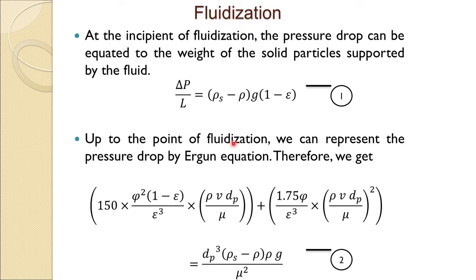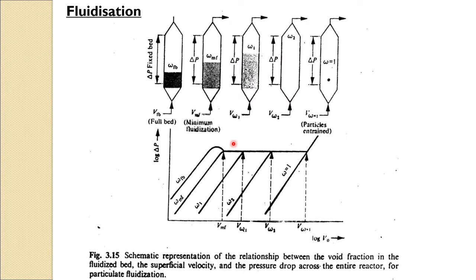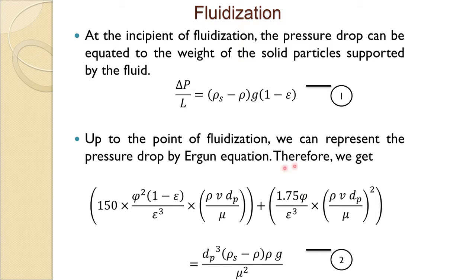So, up to the point of fluidization, when we say just before the incipient fluidization, particles are not in a fluidized state yet, you can express the pressure drop using the Ergun equation. So, till that time the Ergun equation is valid. So, using that up to the point of fluidization, we can represent pressure drop by the Ergun equation. So, now the Ergun equation we are writing in terms of Reynolds number here, and this is the pressure drop which we have substituted here, and after equating and writing in this form, this term becomes this,